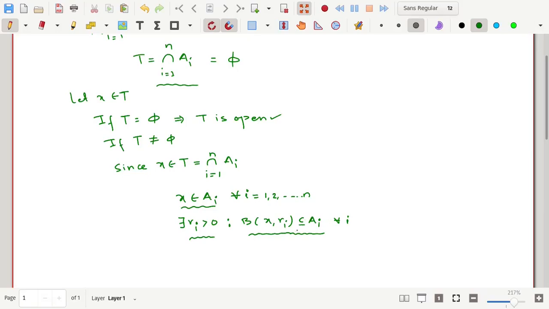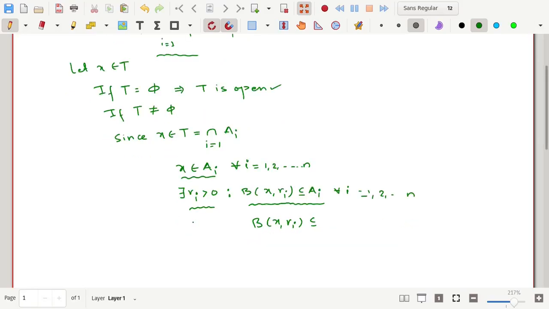So we can say that since this ball with center x and radius r_i belongs to A_i for all i, which runs from 1 up to n, we can now conclude that there exists r_i greater than 0, such that the ball with center x and radius r_i is a subset of A_i for all i.